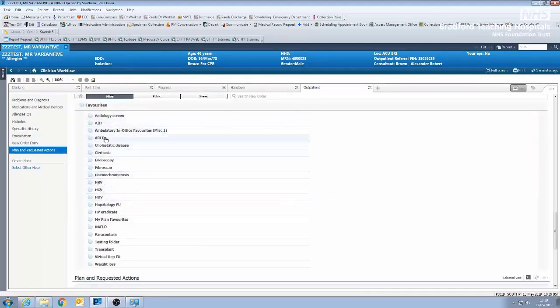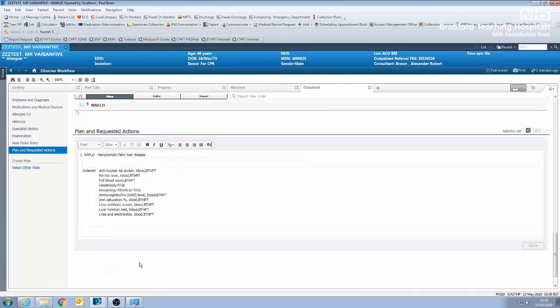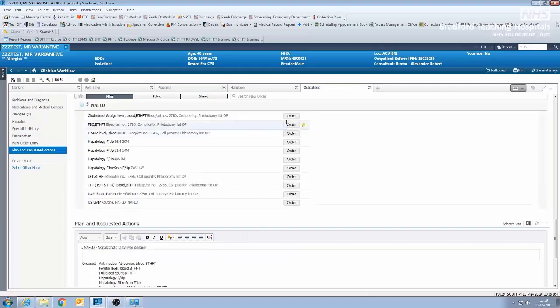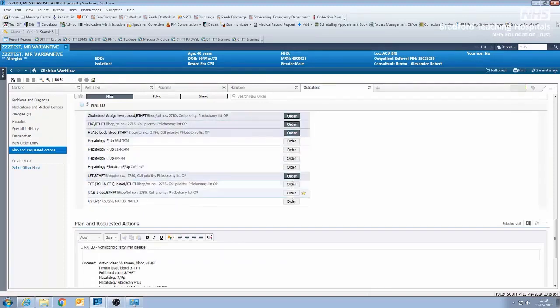Hep B, Hep C, hemochromatosis. In this situation, we're going to use the NAFLD box, and I'm going to check their cholesterol, their full blood count, their HbA1c, their liver function tests, their thyroid function. I'm going to get a routine ultrasound scan of the liver. I'm going to get a fibre scan of the liver, and I'm going to see them again in clinic in